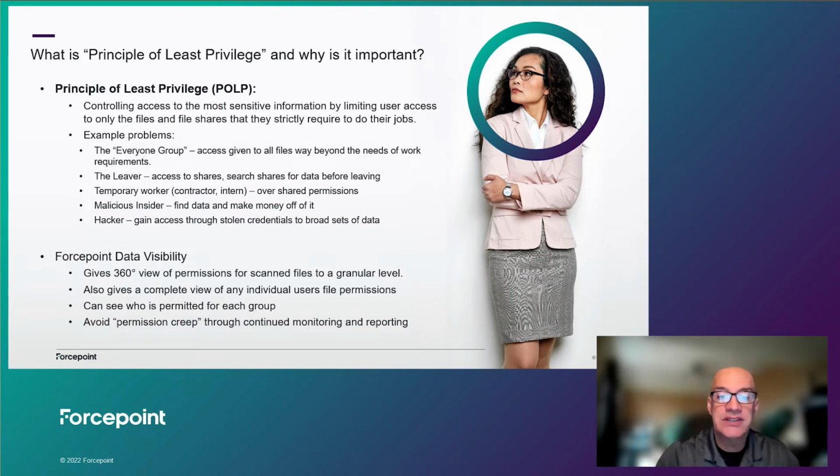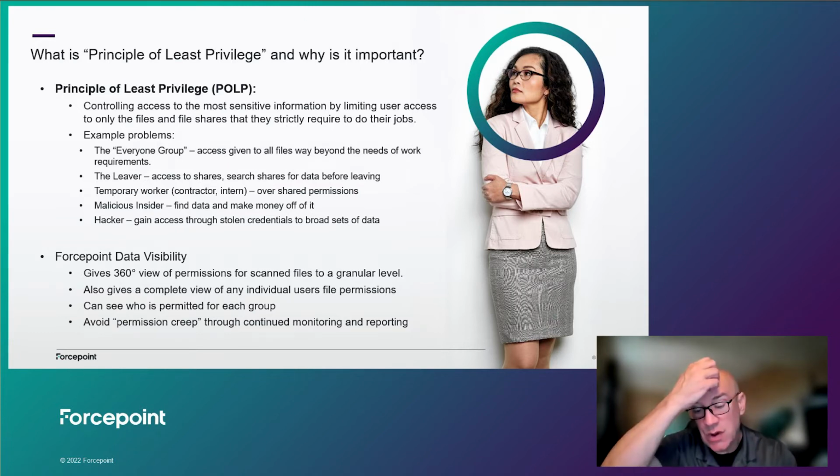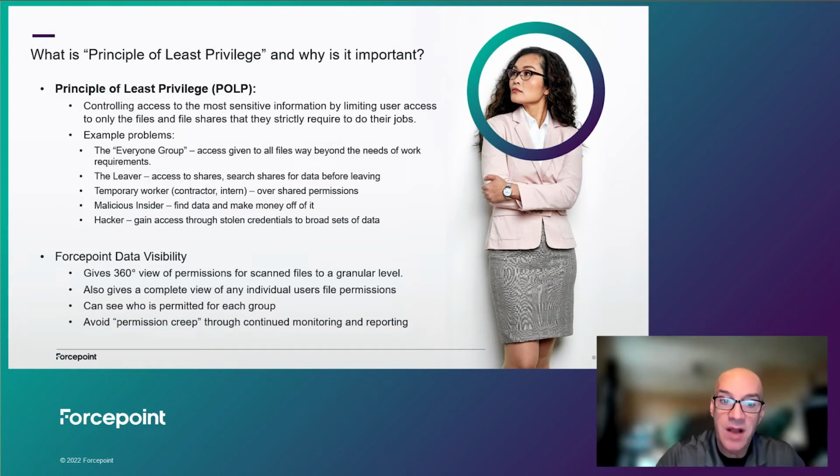And then you can also look and see the different groups or shares, like the everyone group, for example, and look at that group and see the permissions. And through continuous monitoring, continually running these types of scans, you can avoid permission creep and have a very strong placement of principle of least privilege and protect your environment. We'll go next to Mark, and he'll give a demo of what this means.